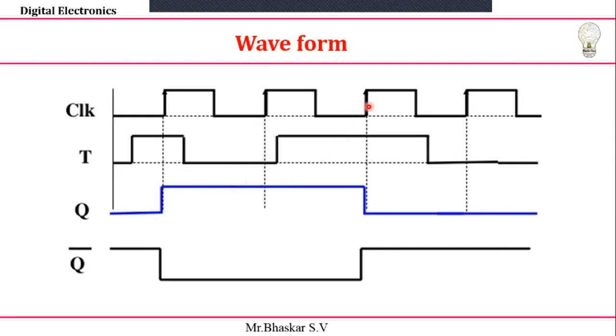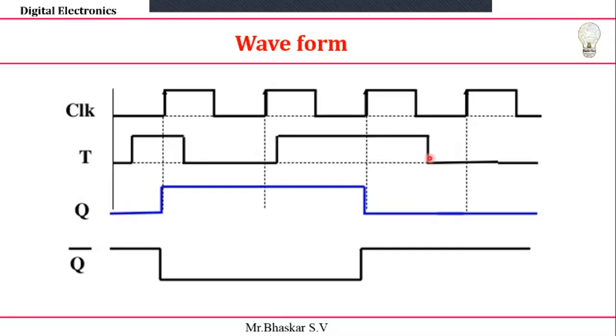Next, again I'm checking the clock. The value is 1. Then what will we get? The 1 becomes 0. Why? It will come to the toggling condition, so 1 becomes 0. Similarly, you can observe all the remaining cases. So the waveform comes out like this. This is the waveform of our T flip-flop.